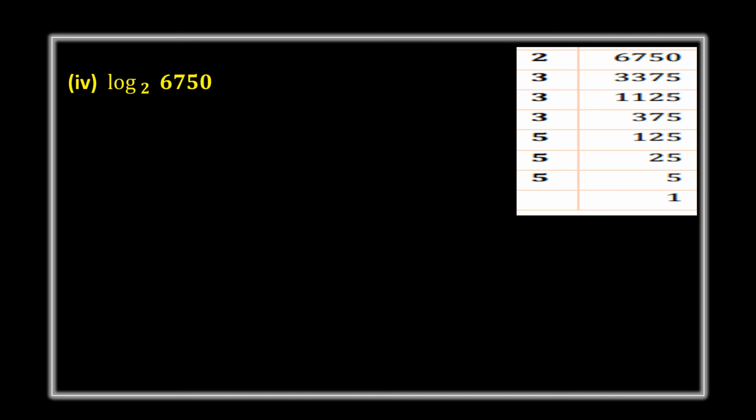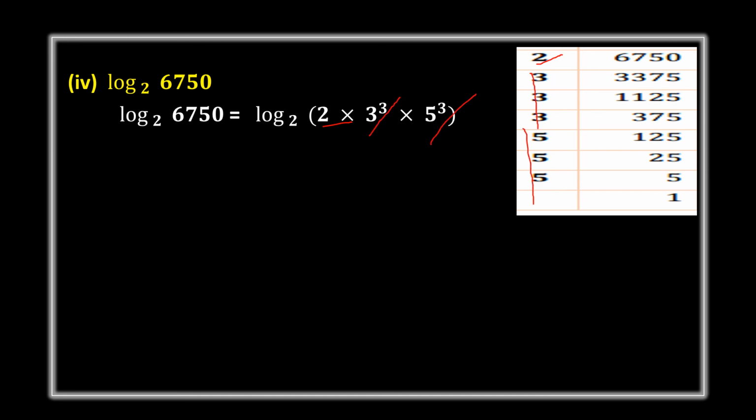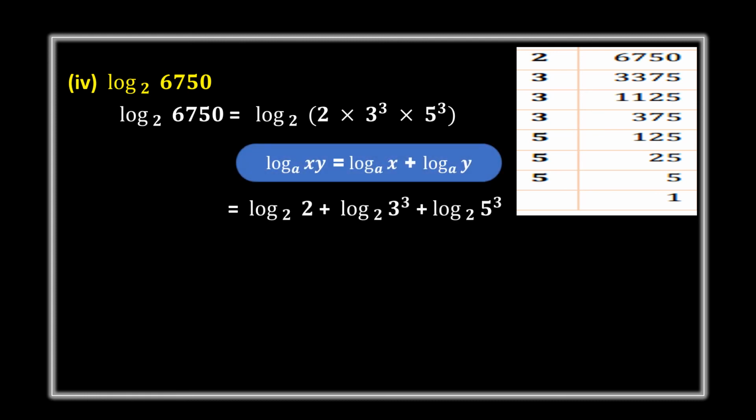Now instead of 6750, you write this, the product of the exponents. Okay, so instead of 6750, I wrote here 2 came once, so I wrote 2. Here 3 came thrice, so 3 cube, and 5 came thrice, so it is 5 cube. Okay, now here also you have into in between. Logarithm with into means into's friend is plus, so give logarithm for 3 of them, and in between you should put plus. Okay, so log 2 base 2 plus log 3 cube base 2 plus log 5 cube base 2, because we are using this property log xy equal to log x plus log y.